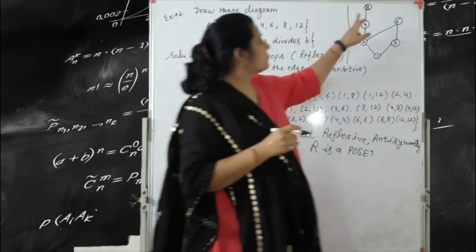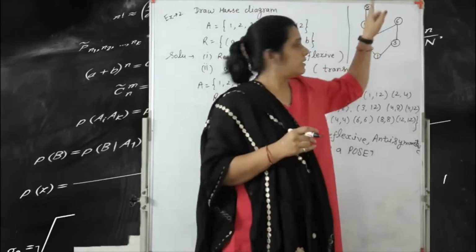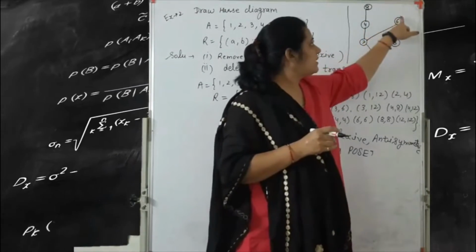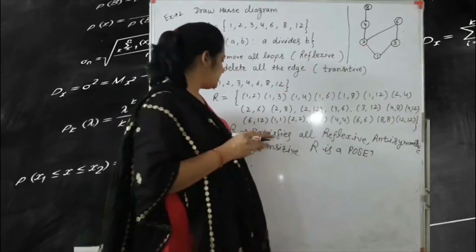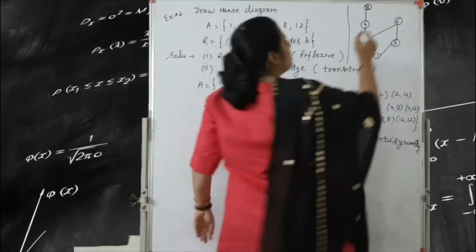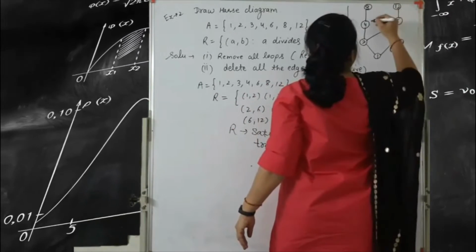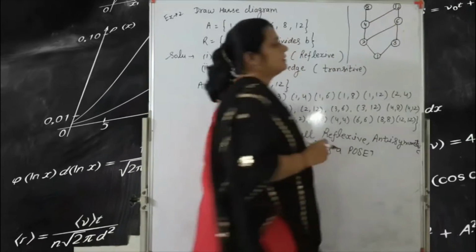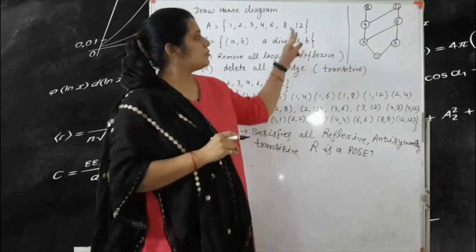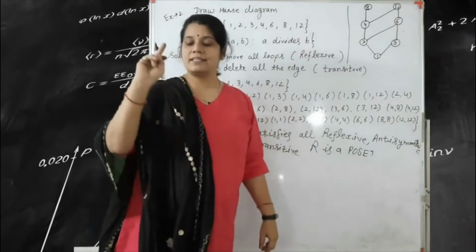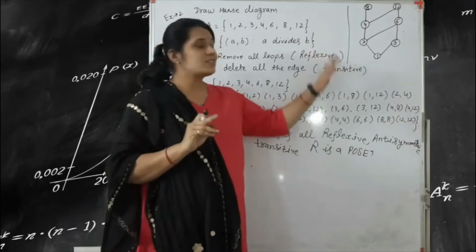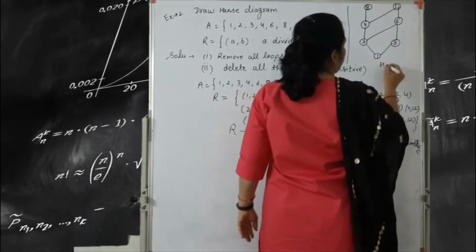Okay, so 8 does not divide 12, but 4 divides 12 and 6 also divides 12. Here we are given in this way. So here we draw the 12 and 6 to 12 and 4 to 12. That means 1, 2, 4, 8, 1, 3, 6, 12. This is here as a diagram.